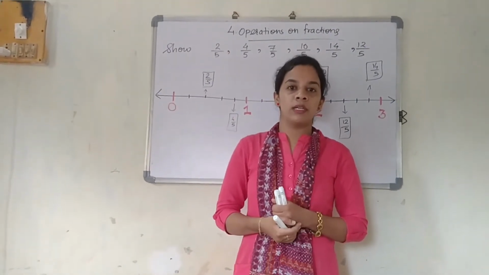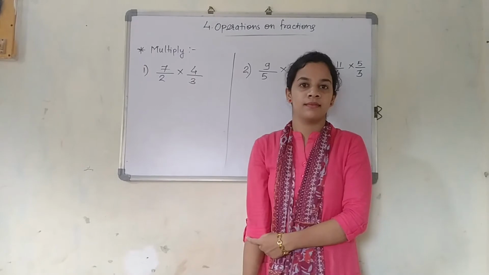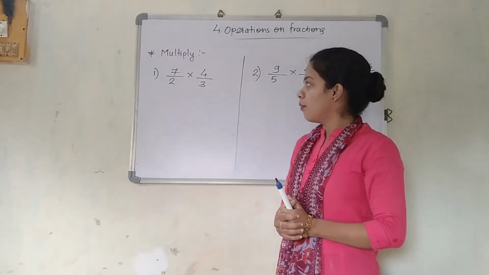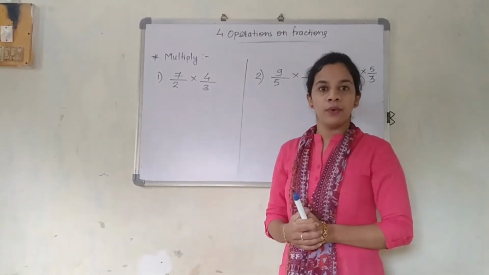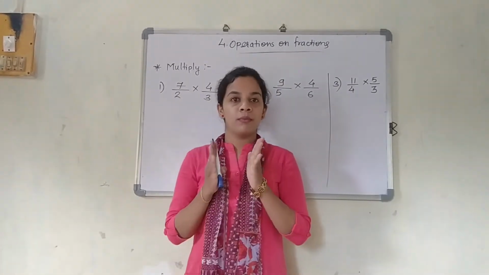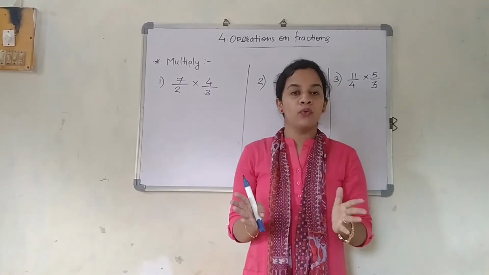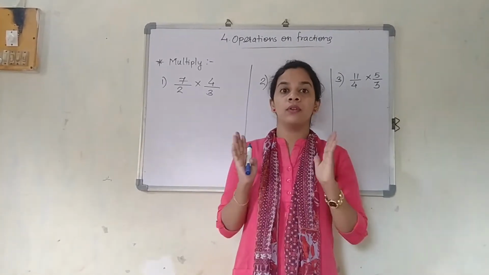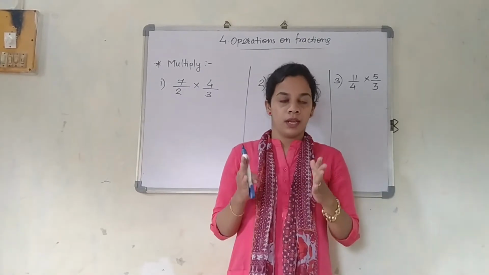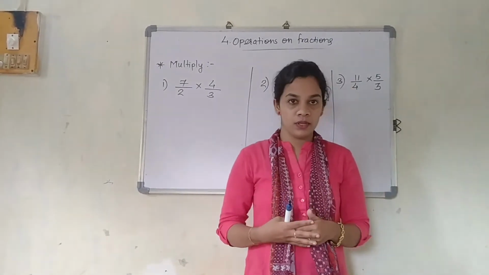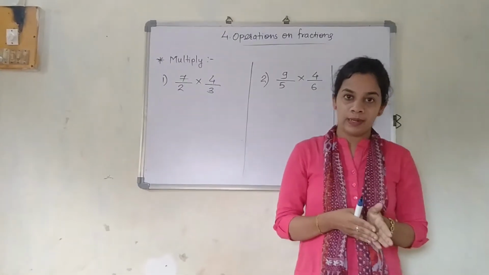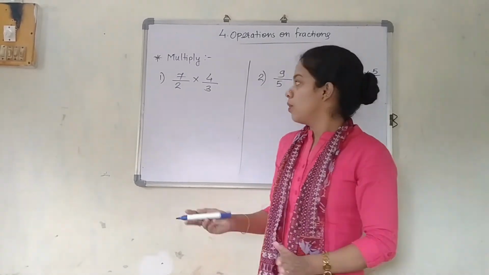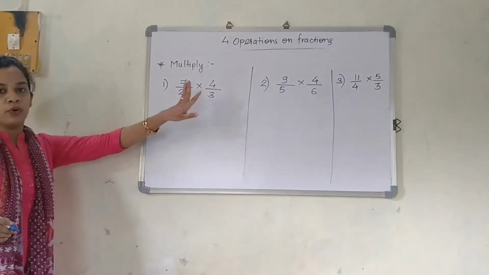We will see the next part, multiplication, now. So we will see the multiplication of fractions. 7 upon 2 into 4 upon 3. How are we going to multiply it? Just see. Always remember when multiplication is present between two fractions, always multiply numerator with numerator and denominator with denominator. Here you are not supposed to do the cross multiplication. Again I am telling you, when you are multiplying fractions, always multiply numerator with numerator and denominator with denominator. If you remember this much properly, everything will be okay for you. So now we will start with this question, 7 upon 2 into 4 upon 3.